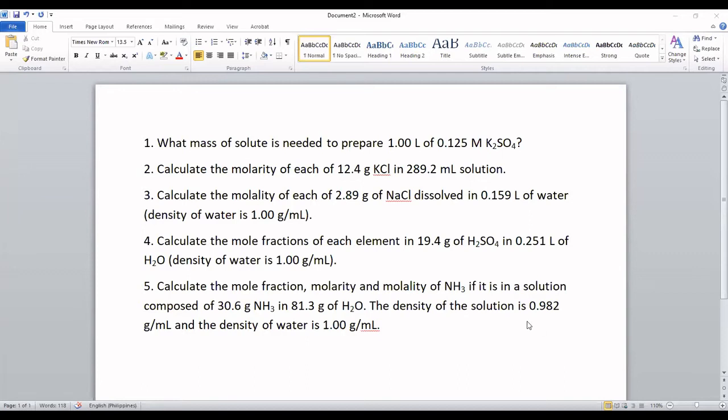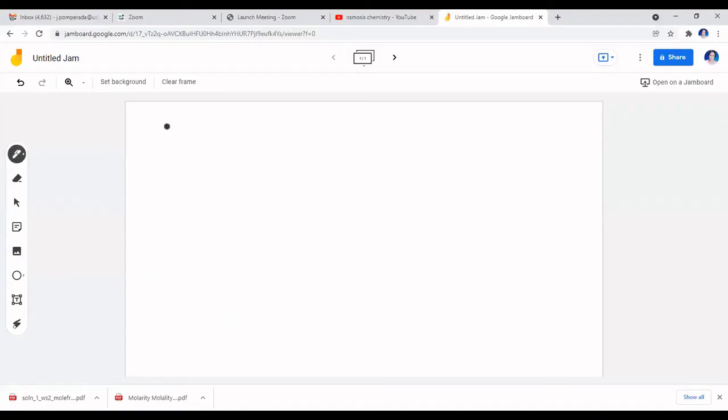Number 1. What mass of solute is needed to prepare 1 liter of a 0.125 molar potassium sulfate solution? So we're asked for the mass given the volume of the solution and its molarity. So allow me to go to our Jamboard and we'll start writing our solution. Okay, so we have it here. Now, in terms of the given,